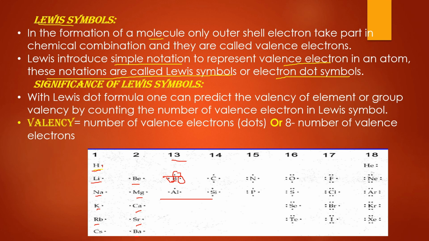Group 14 have 4 valence electrons in their outermost shell. So carbon, around carbon symbol there are 4 dots that represent the 4 valence electrons. Similarly in silicon. Now group 15 elements have 5 electrons in the outermost shell, so 5 dots around the symbol. Similarly, phosphorus, first we write down the symbol of phosphorus, then we put 5 dots. Similarly in group 16, 6 dots around the symbol. In group 17, 7 dots around the symbol, and in group 18 all the noble gases are there which have complete octet, that is 8 electrons around the symbol of the element.